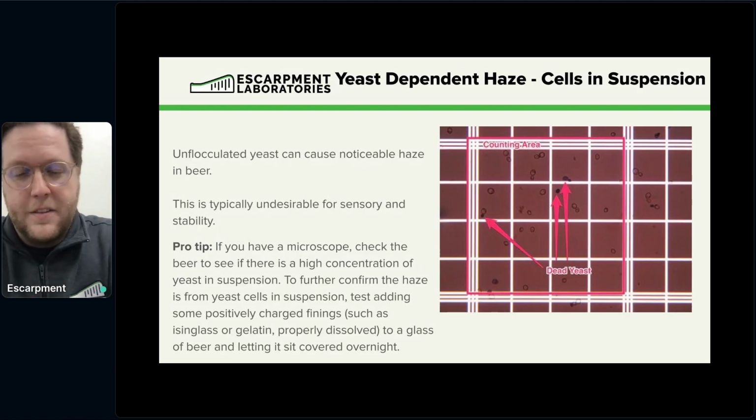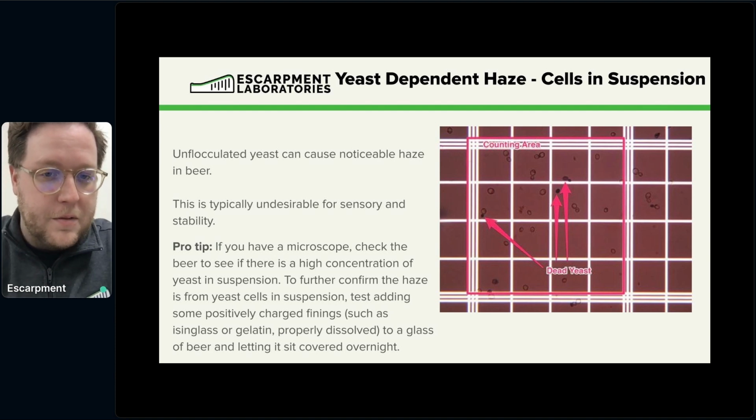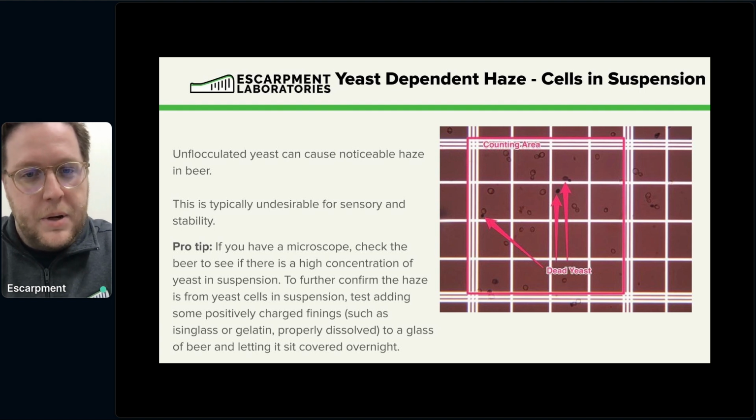And then we get into yeast. So there's a few different types of yeast-dependent haze. Number one we'll talk about is cells in suspension. If you have yeast that hasn't flocculated, it hasn't settled out in your beer, that can cause noticeable haze. You've just got, again, particles in the beer that are scattering light, so it's going to show up